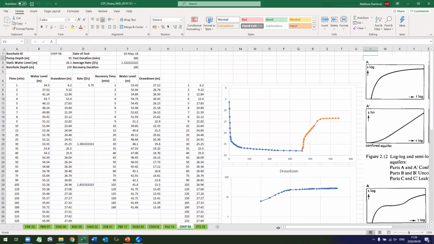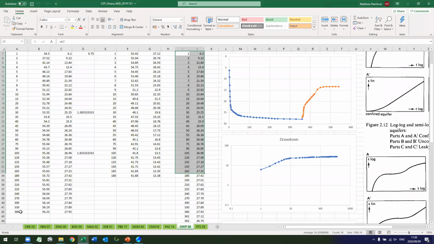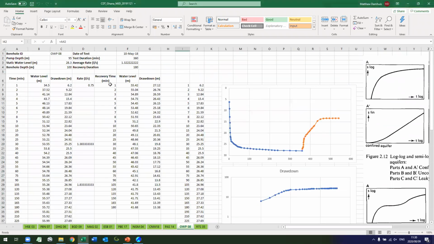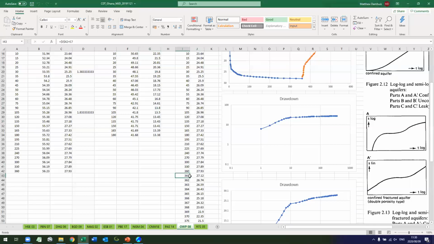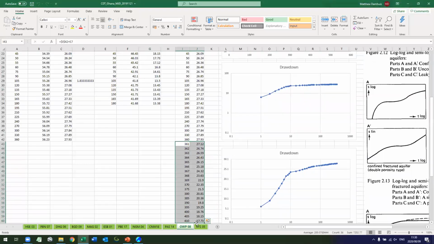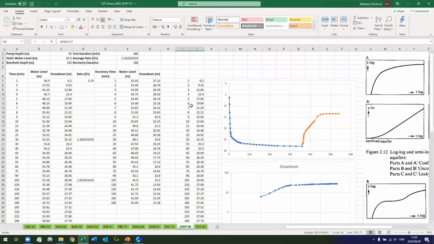The data that I gave you included the drawdown data, the recovery data, and then my consolidated data. So this is my drawdown pumping data up to 360 minutes, and then my recovery data from 361 minutes to the end. So I'm going to just put this on my clipboard for now,